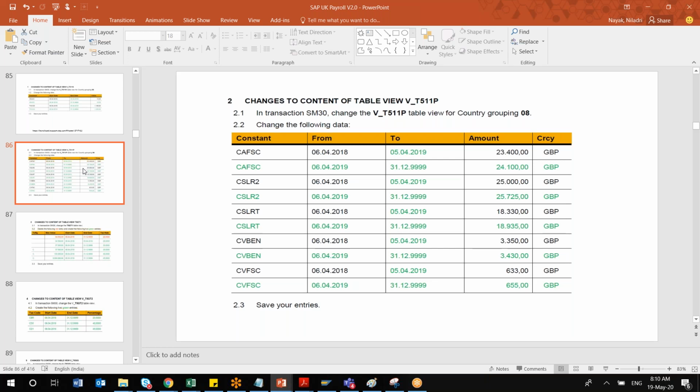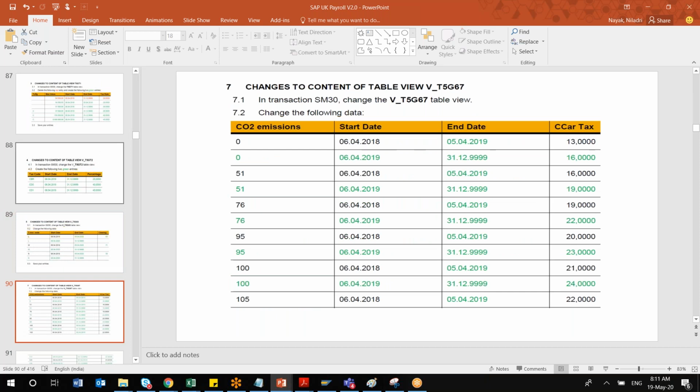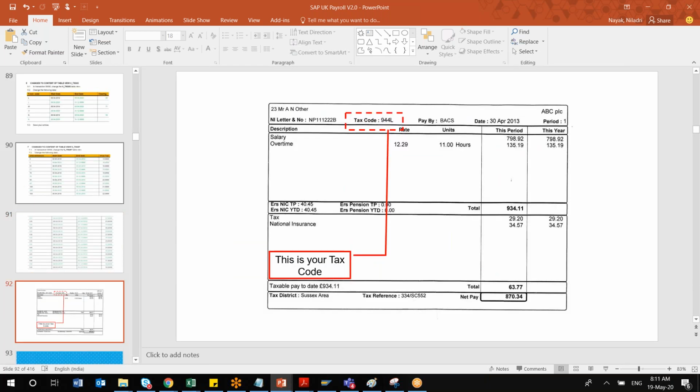Generally, it is a basis activity. SAP basis people apply those notes. But some notes involve manual corrections, so how to configure those things, I'll give one example. In this session, we'll be covering the different tables to be updated for any kind of tax or income tax related activities, and how it will be reflected in your payslip.